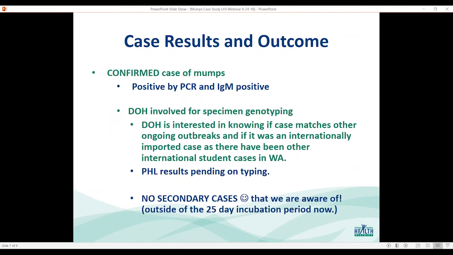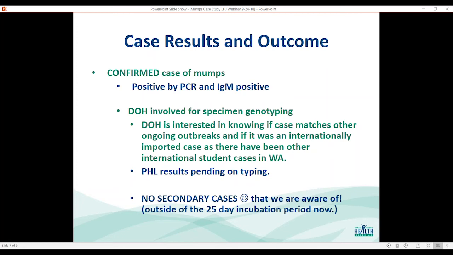So then we have the case results and the outcome, and it was a confirmed case of mumps. It was positive by both PCR and that serology, the IgM, ended up coming back positive as well. Department of Health was involved for specimen genotyping, and